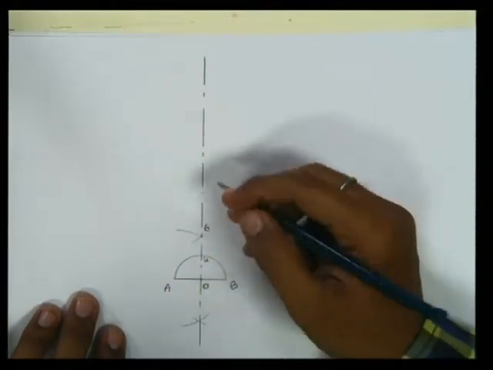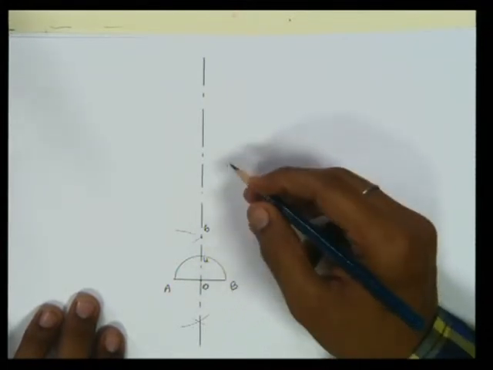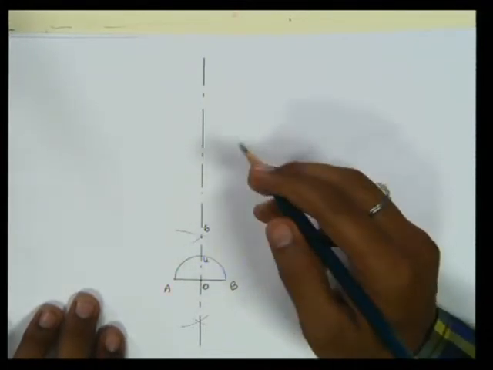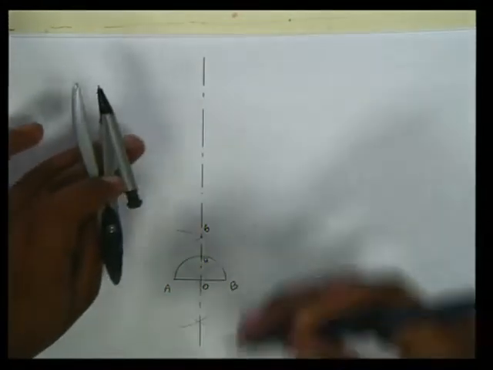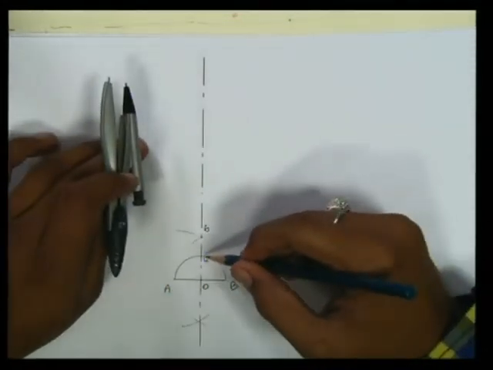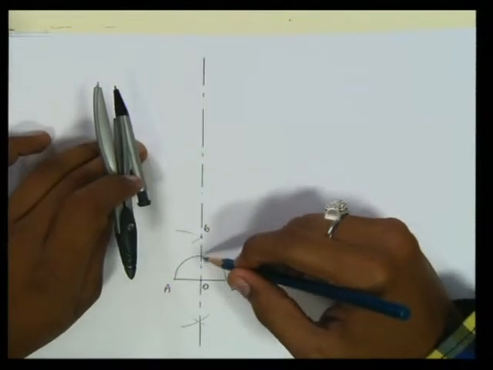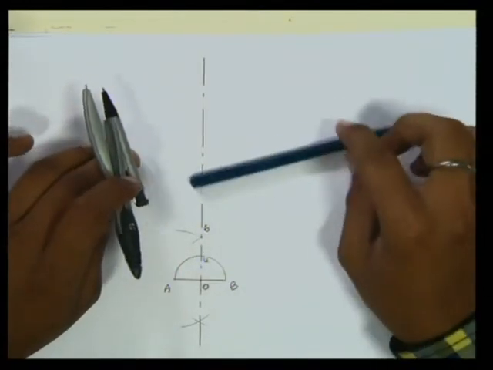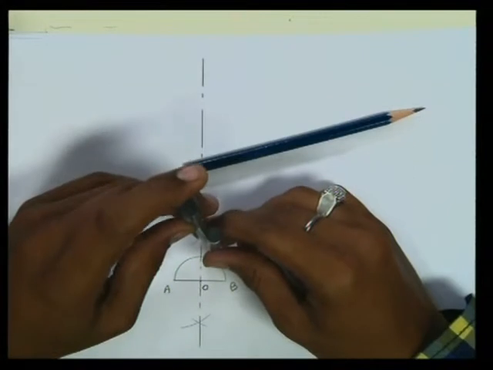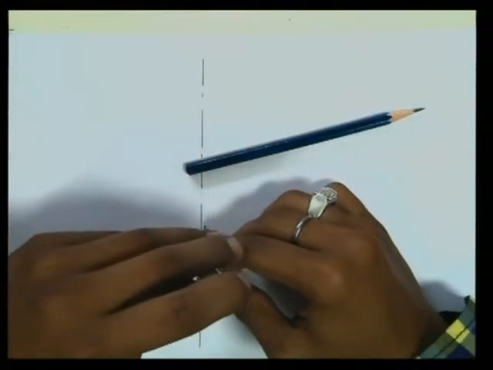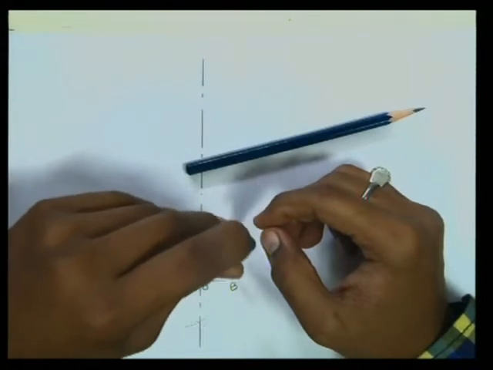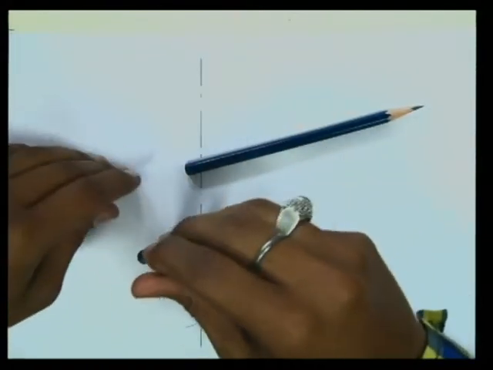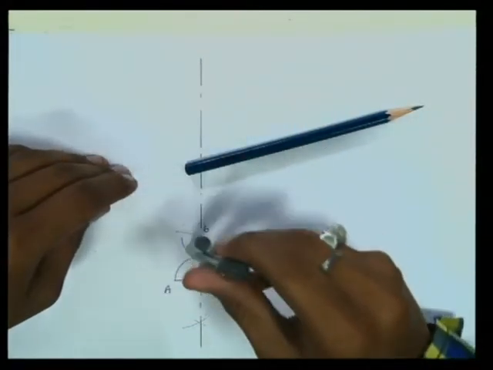We will see why we have given this point number 4 and 6 rather than giving 1 and 2. We will see it later on, but now we need to take bisector of point number 4 and 6. So again it would be same procedure. Take 4, 6 as radius, 6 as center, arc on both the sides.